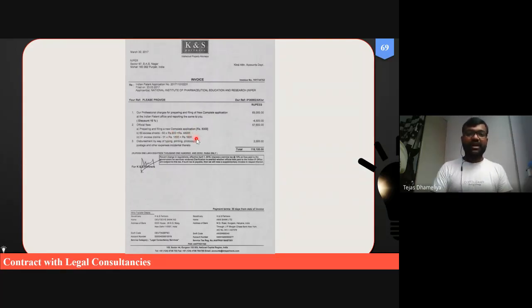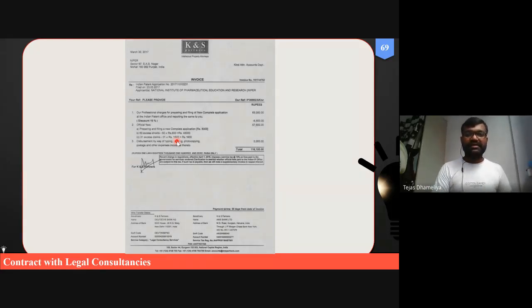And if we have excess claims, so in the last lecture I told you that up to 10 claims there is no additional fee. But the moment we exceed by one additional claim, let us say the 11th claim, then there will be a fee of about 1,600 rupees for a single additional claim.